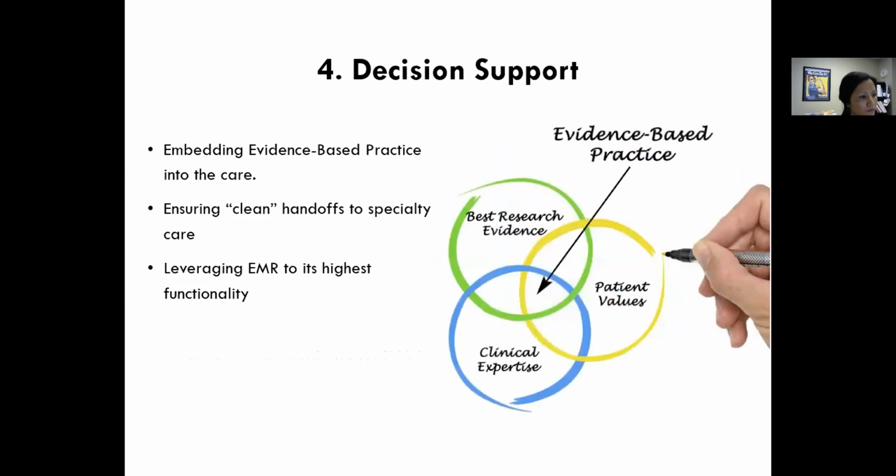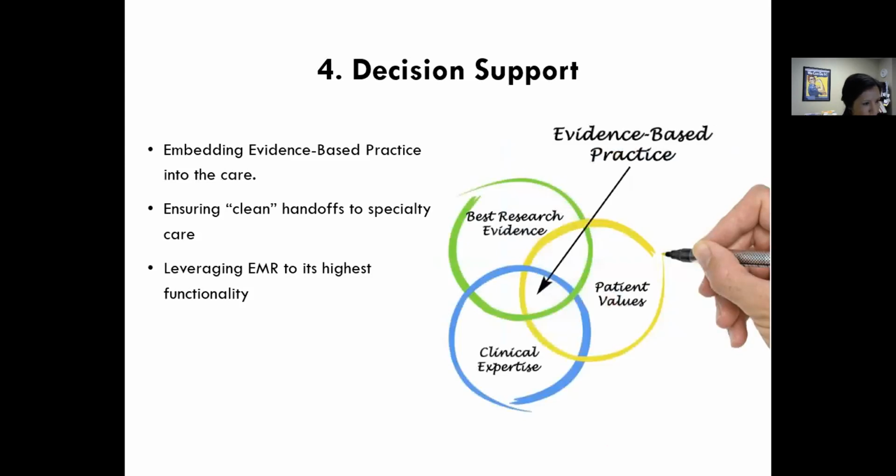Decision support, the fourth component. Here we're really talking about embedding evidence-based practice into care. The American Diabetes Association guidelines of care are one example of guidelines that you would be using. The other piece is ensuring that you have very clean handoffs to specialty care. So we don't want patients going out to specialty care and specialty care hanging on to them. Once specialty care gets them under control, they need to be brought back to primary care with clear referral guidelines